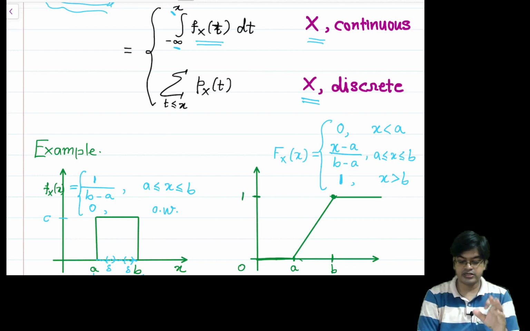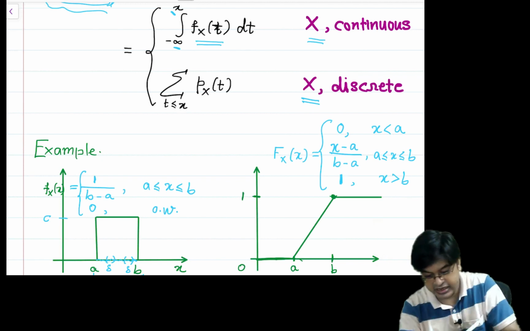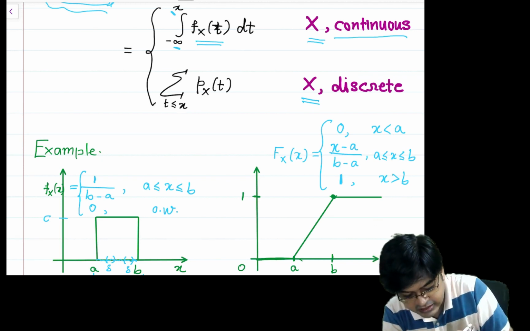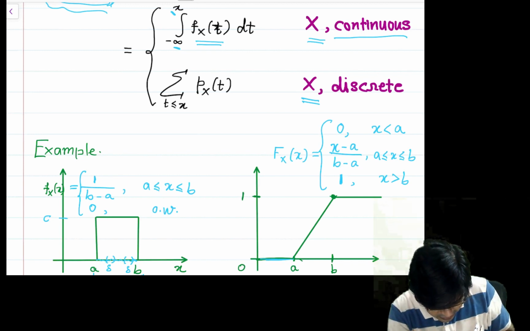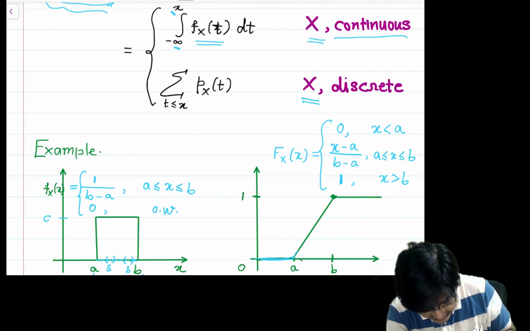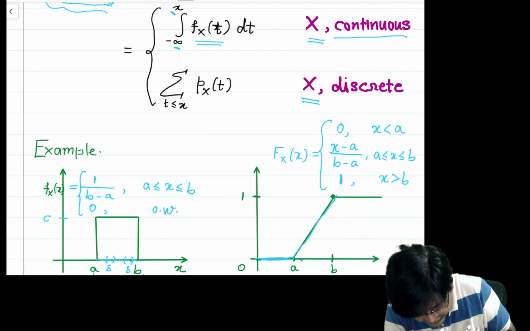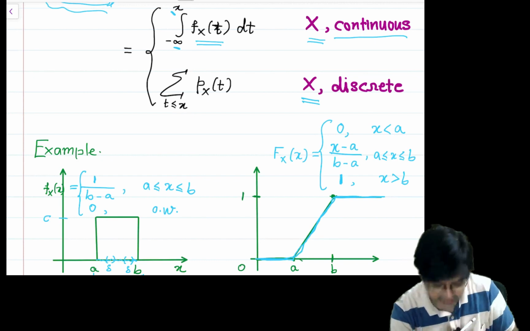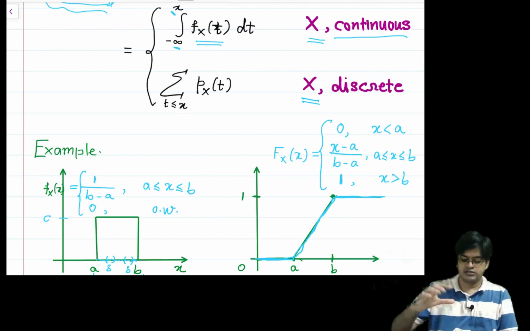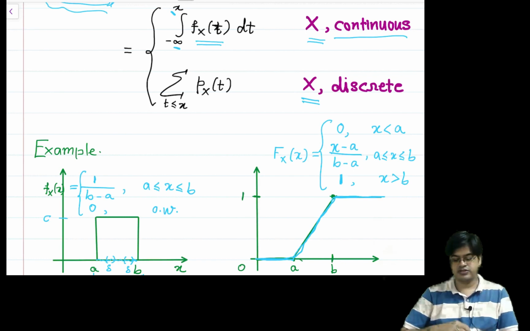So now we have understood this cumulative distribution function in the sense of a continuous random variable. Now the name continuous actually comes from this CDF. If you look at this CDF, then this CDF is actually a continuous CDF. You can draw a line passing through this CDF without lifting your pen. So we have a continuous function which is the CDF.